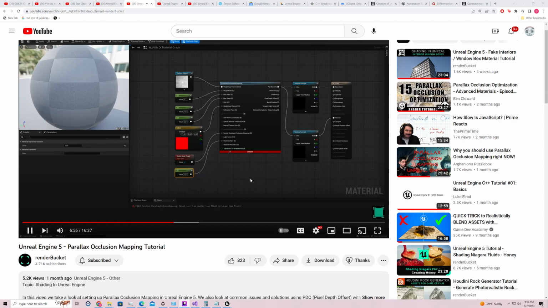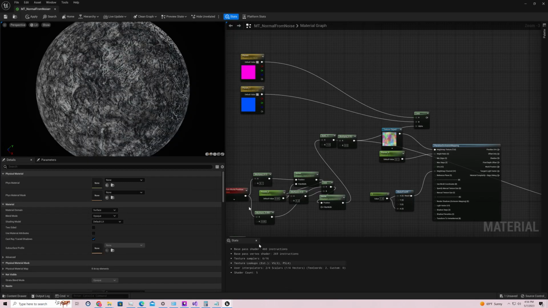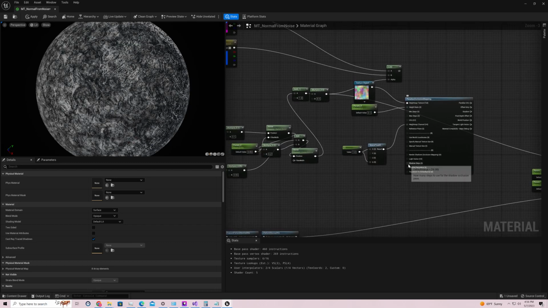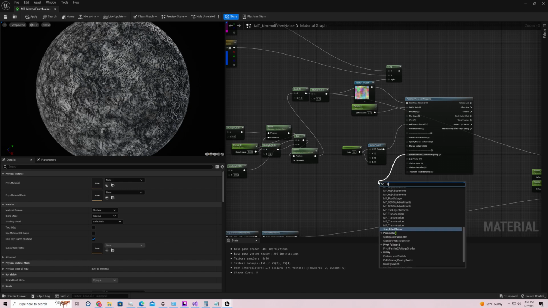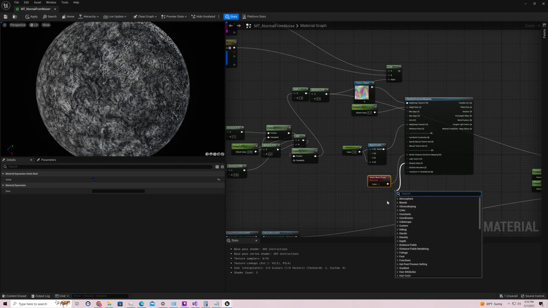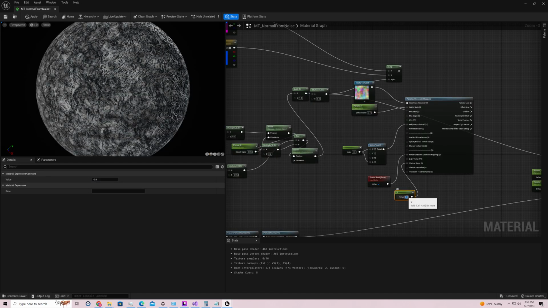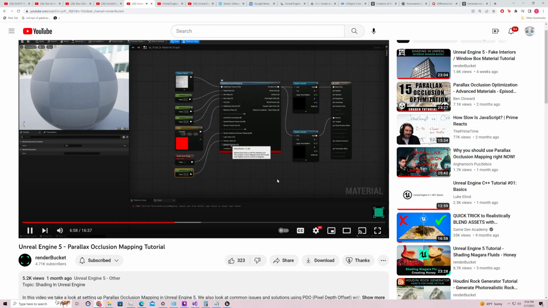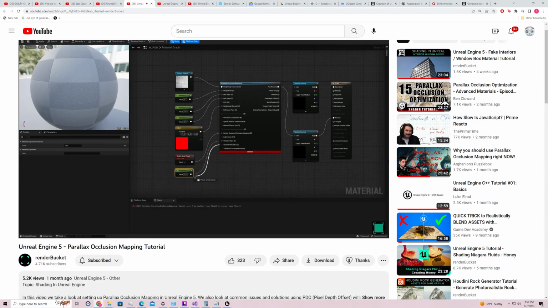And then you also have your shadow penumbra, which is how soft or sharp the shadows are. And I'm going to just leave it at 1. So now we have